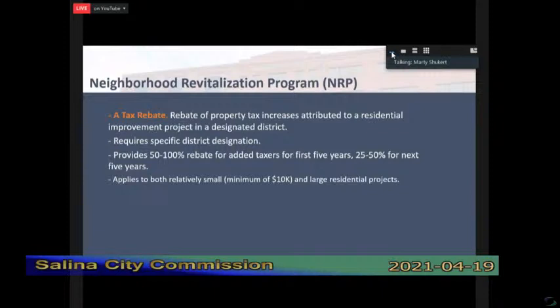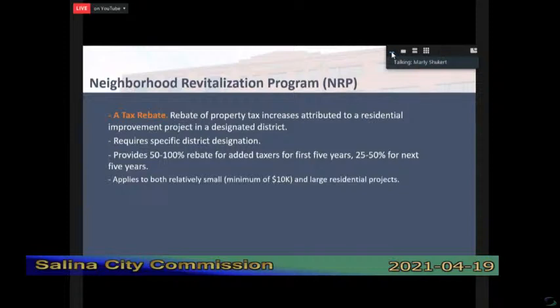So it's not an insignificant thing, but in many cases it's the front end financing and the front end risk that is a bigger deal than the rebate at the back end, albeit useful. I have to have already taken the plunge, and then I can get my taxes rebated that are related to the cost of that improvement.